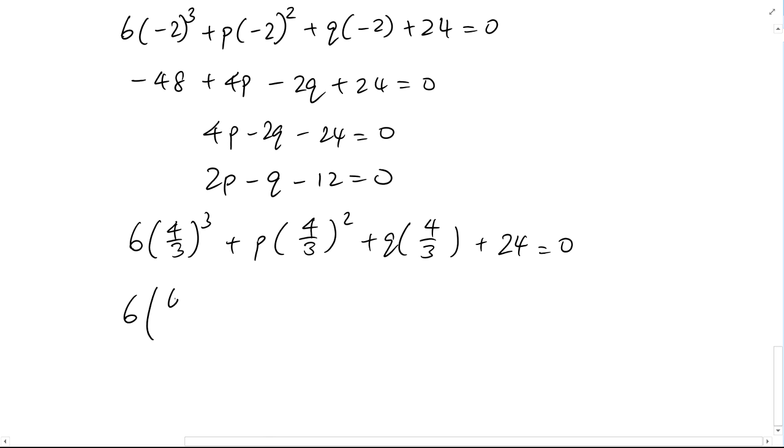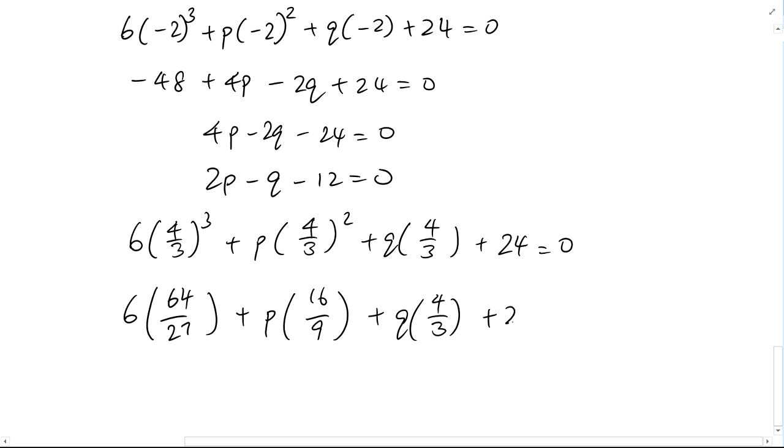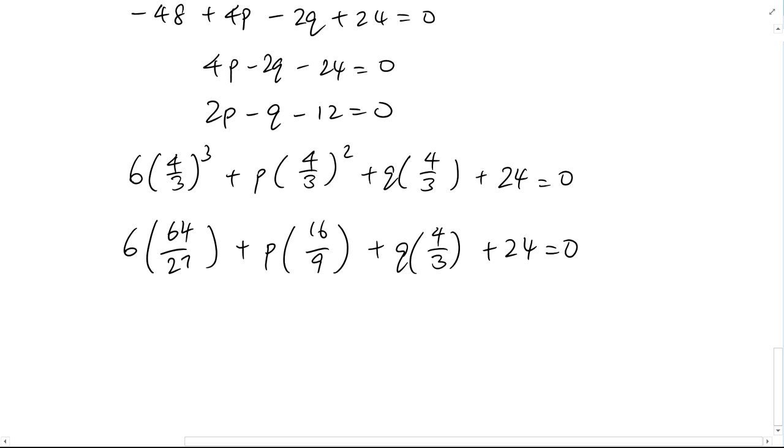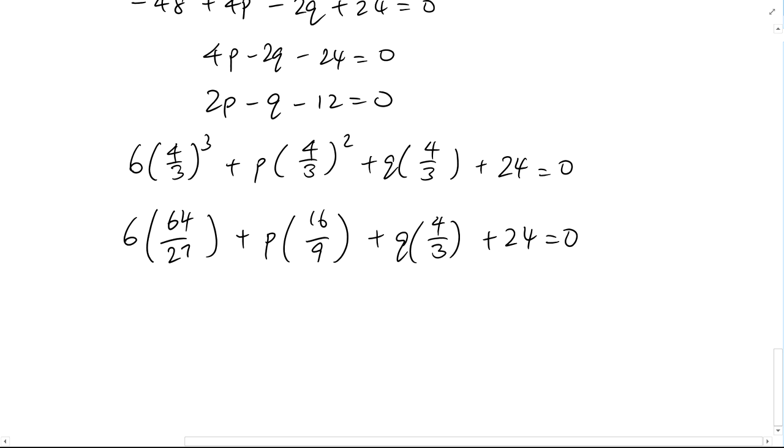6 times of 64 over 27 plus 16p over 9 plus 4q over 3 plus 24 equals 0. Okay, let's do some simplification. This one becomes 3 and 38, 2 over 9. Huh? Wait, what? The first one, okay. Tell me, how much is it? The first one, the last one is. The first one is